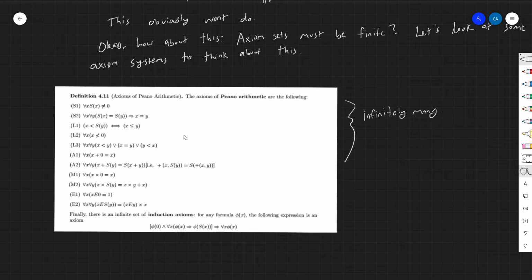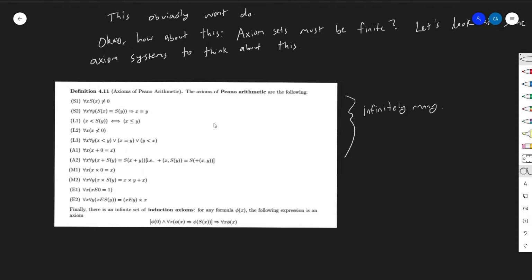Meanwhile, here's this. These are the axioms for Peano arithmetic. The Peano arithmetic axioms are pretty much an example of a good axiom set for the natural numbers. A lot of mathematicians will tell you that these are the axioms for number theory that most people have settled on. The standard model of the natural numbers does satisfy all of these, and we generally do assume that the natural numbers satisfy all these properties. We can go through them all, but we don't really have to.